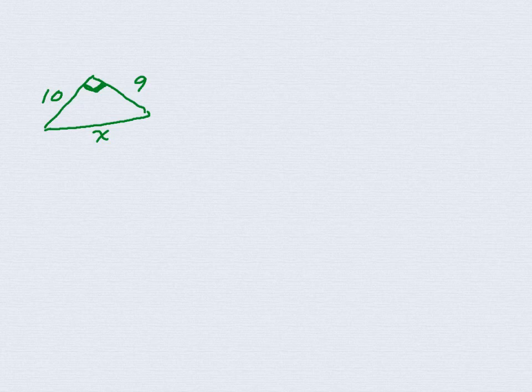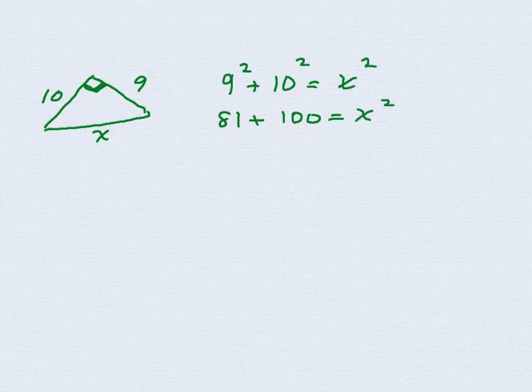So what I'm always looking for is one indication that you know the proper equation for this particular triangle. I would say that you should write down something similar to this: 9 squared, which is the leg, plus the other leg squared, which is 10, equals the hypotenuse squared, x squared. From there, if you want to do the rest in your calculator, that's okay. I'm going to show the steps. 9 squared is 81, plus 10 squared is 100. So you get x squared equals